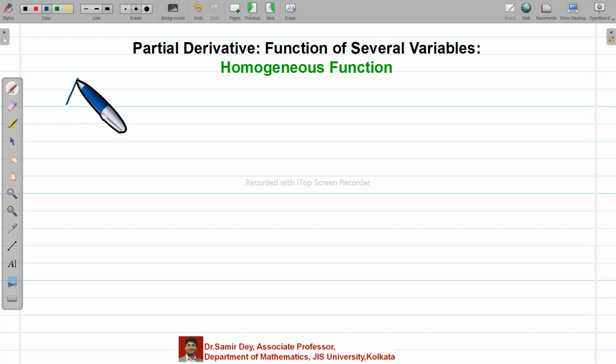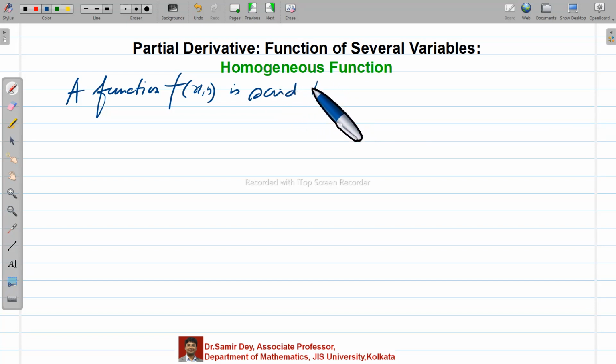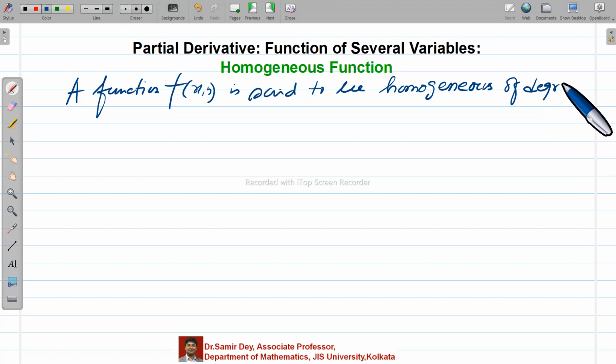A function. Please write down a function f(x,y) is said to be homogeneous of degree n, if